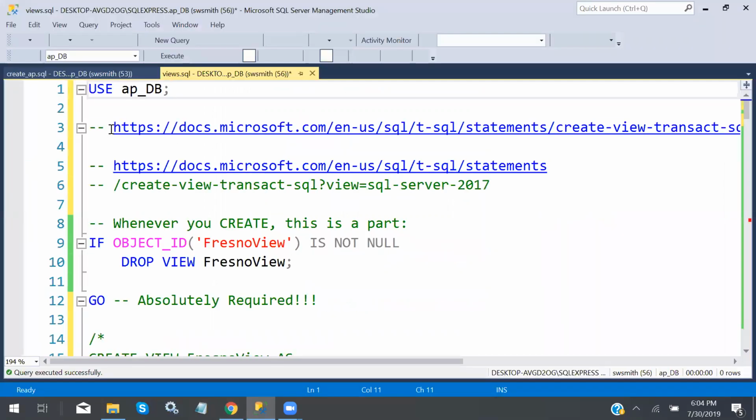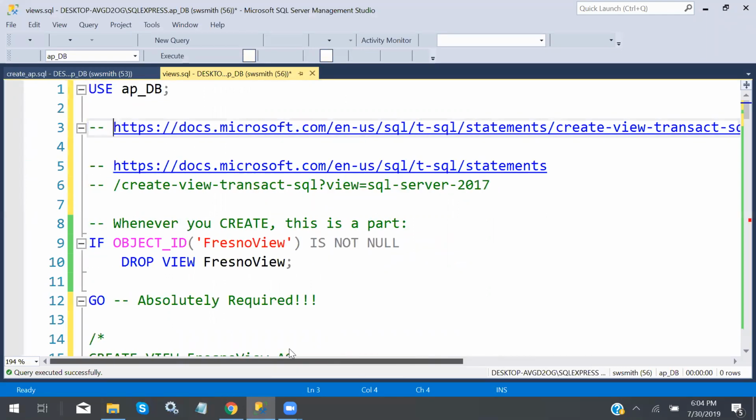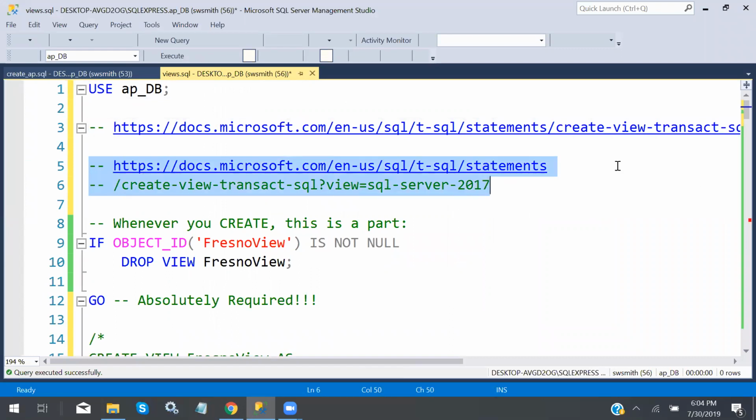I have a URL here, and I will send this out to you in an announcement. Here it is with a line feed in it such that it doesn't wrap. This one I broke right after the S and brought it down so that you can see what it is. This URL I'm going to be referring to because it talks about the